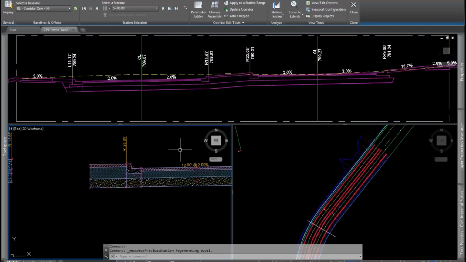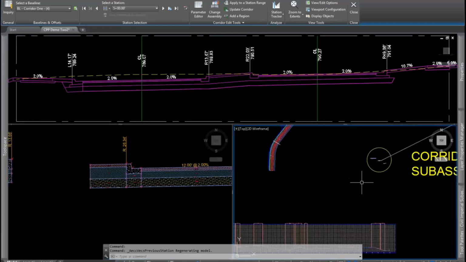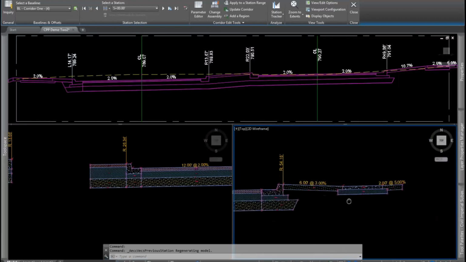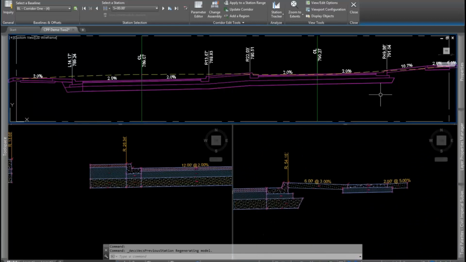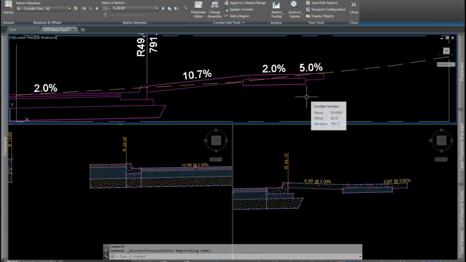Let's take a look at another option, another subassembly here. This is one I'm pretty excited about. If we look over on the right side here, a lot of times what we have to do is we have to tie in at right-of-way. And we have to match in